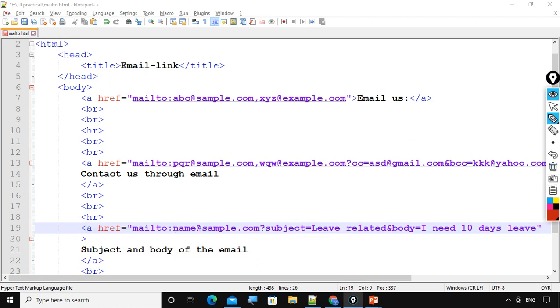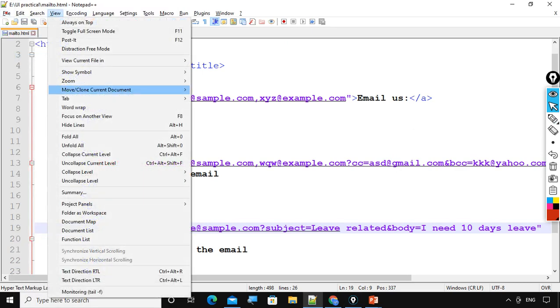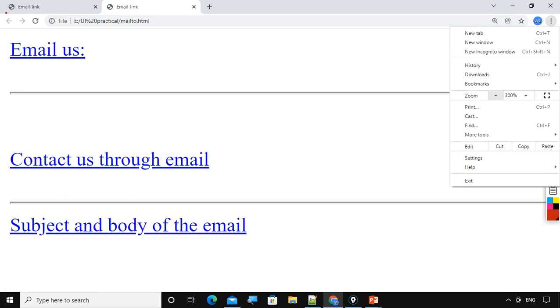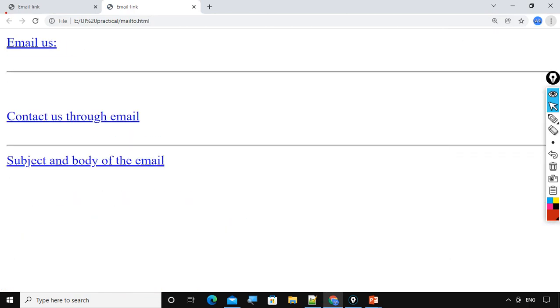Save the code here, save the code and execute. Let me reduce the size. So this is our new code, where, see here, subject and body of the email, okay.